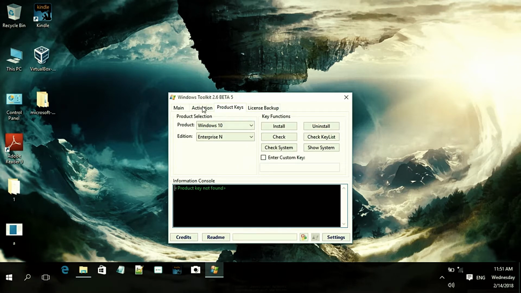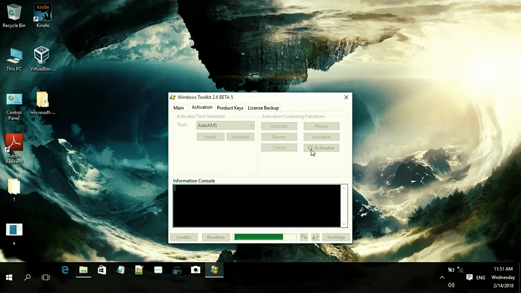After uninstalling, you go to activation, and then you have to click on the HIII activator, which is at the corner of the menu bar. I just click on the HIII activator, and the process starts to activate Windows. After a few seconds, a notification appears on the black screen that your Windows is